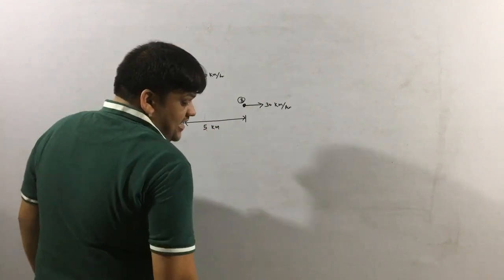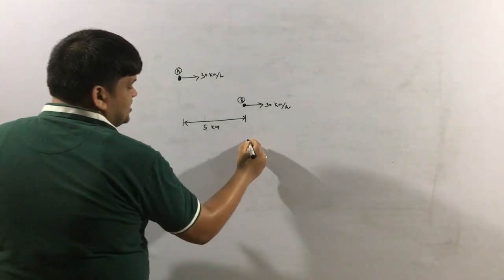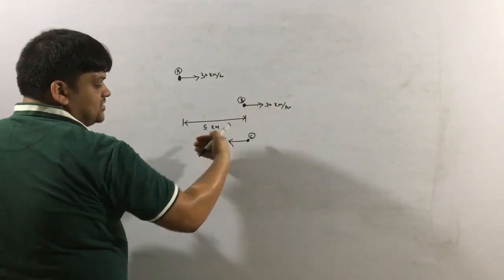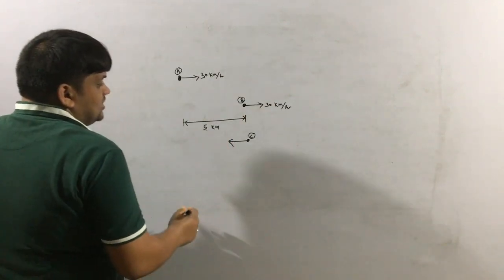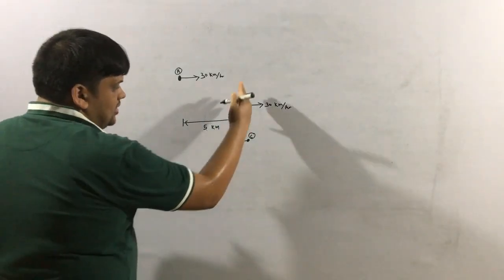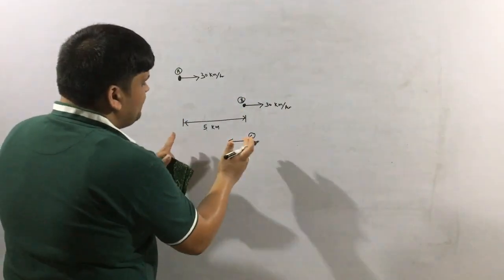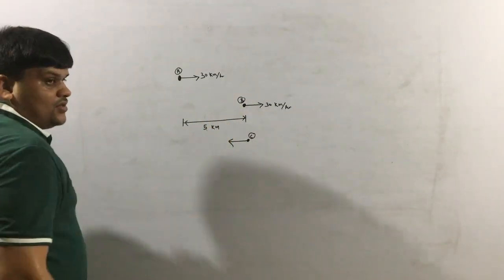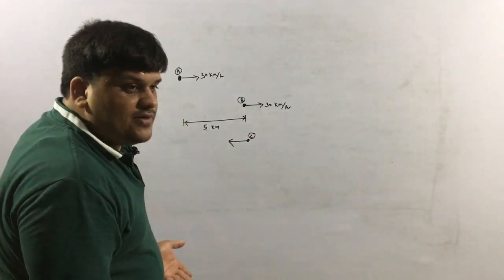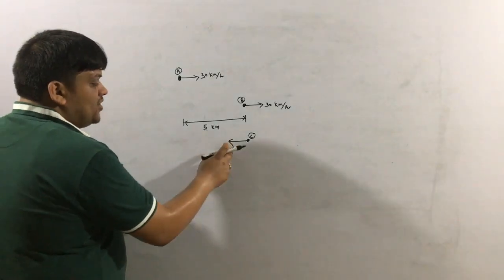Okay. And another car is moving in the opposite direction. One other car is there, let it be C. It is moving in the opposite direction. They two are moving in this direction, this is moving in this direction. It meets both the cars with an interval of 4 minutes. Means let us say at 11 he met B, at 11:04 he met A. Exactly at an interval of 4 minutes he is going to meet both of them. Means after meeting B, with a time interval of 4 minutes he is going to meet A. Okay, the question is, what is the speed of this car C?